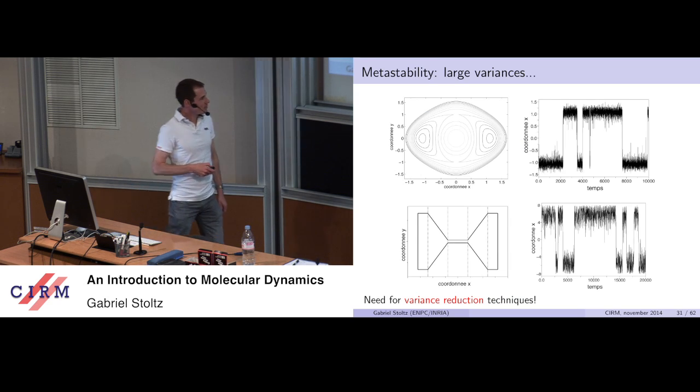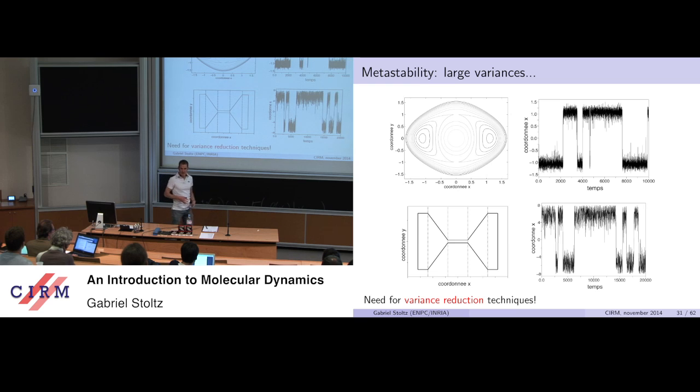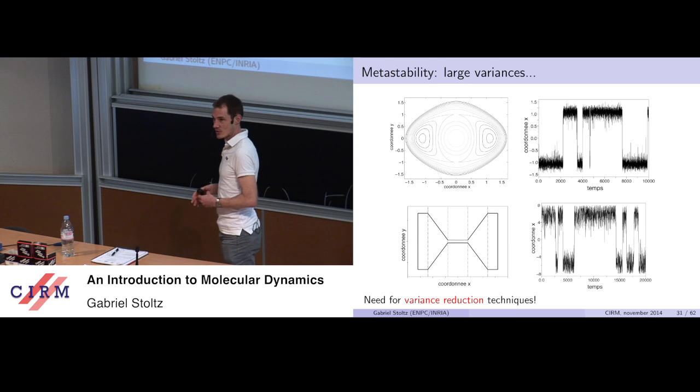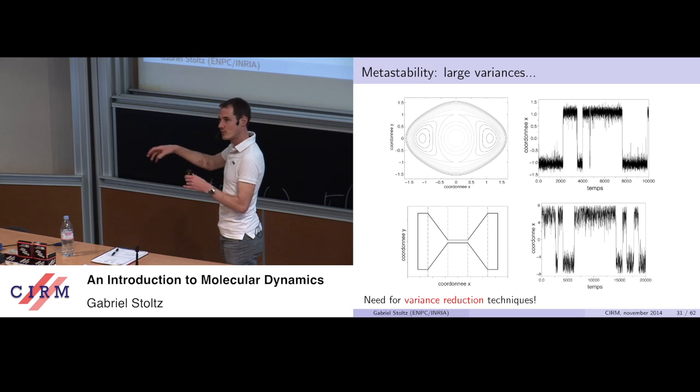One last point before turning to the applications: it's nice to know that you have a central limit theorem, but in practice, you observe that the variance is very large. The reason why the variance is very large is something called metastability. For typical molecular simulation applications, you have long-lived states, which are called metastable. The system remains trapped in some state before hopping to another one where it also remains trapped for a very long time, and so on and so forth.